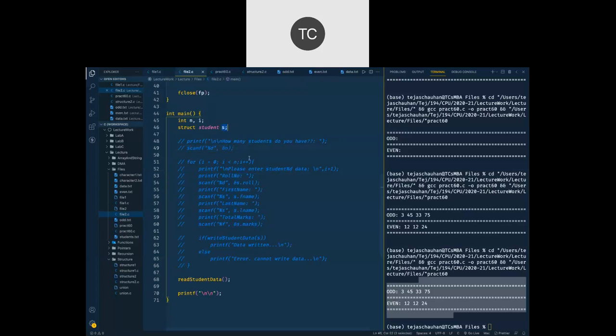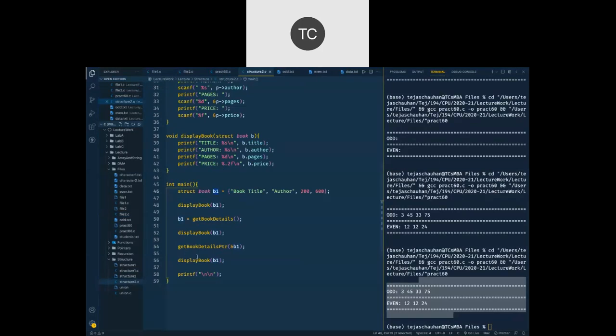Now once you allocate the dynamic memory for that amount of memory, then you are going to pass that variable as a parameter, but that's going to be called by reference. You will pass its reference there, ampersand B1, like this. So dynamic memory allocation is done, and like get book details, I called the function where I pass a parameter, and that parameter is actually an address.